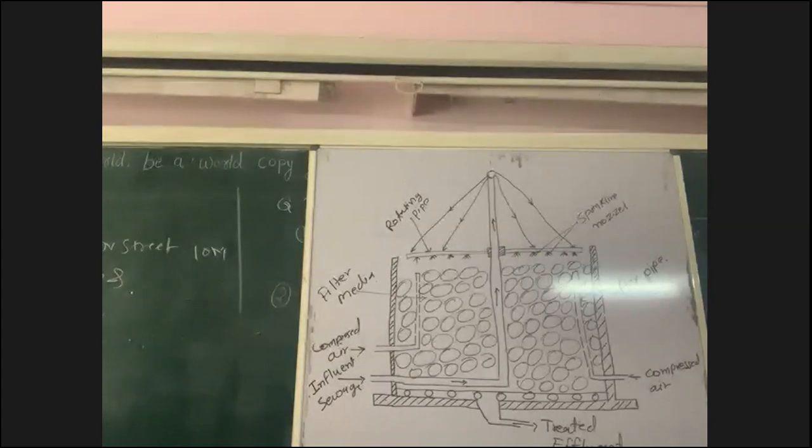Okay, two sides there are the air pipes. At the center there is a collection, sorry, I can say it is an influent pipe. So from the bottom we are taking influent up to the top, and from there, with the help of a pipe, we are sprinkling on the surface at the top of this filter media, and it will sprinkle uniformly with a particular RPM we can provide.